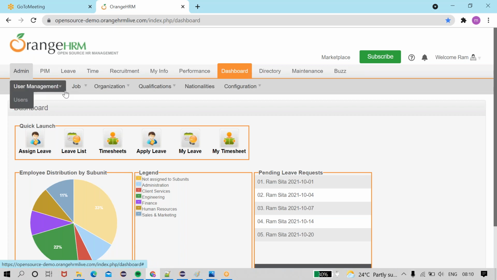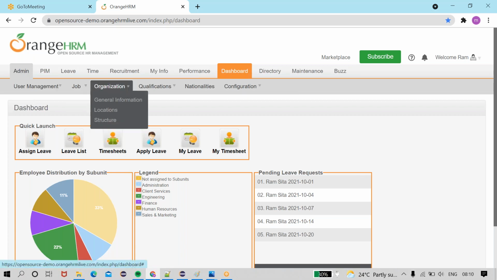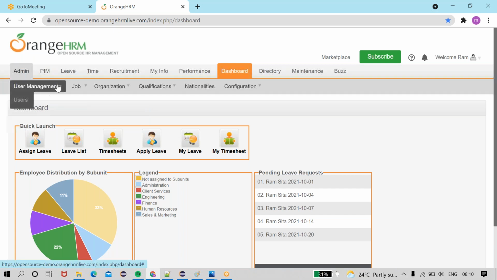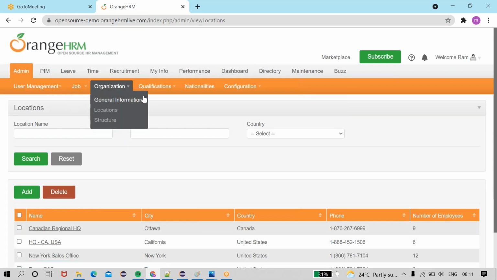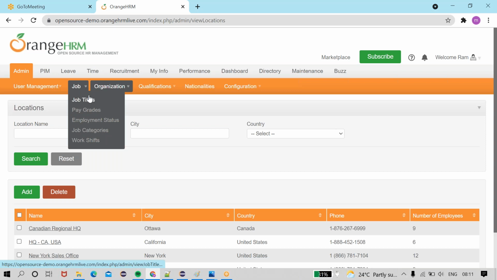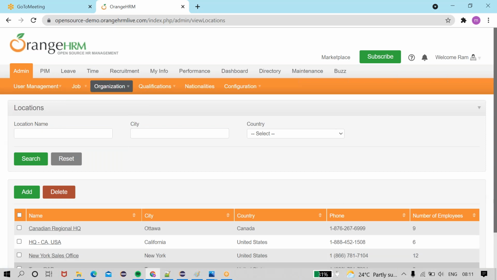Then we need to navigate to the Organization. Then we need to click on Location. This is the thing I am going to perform with the help of the Actions class. See, up to here, how I came with the help of the mouse: I placed my mouse on Admin, then I am dragging my mouse here, then I am clicking over the Location. See, this has been performed with the help of mouse actions. See how I am going to perform it, in this way.